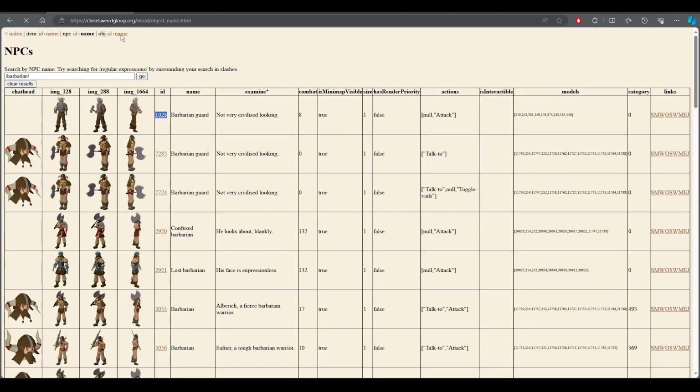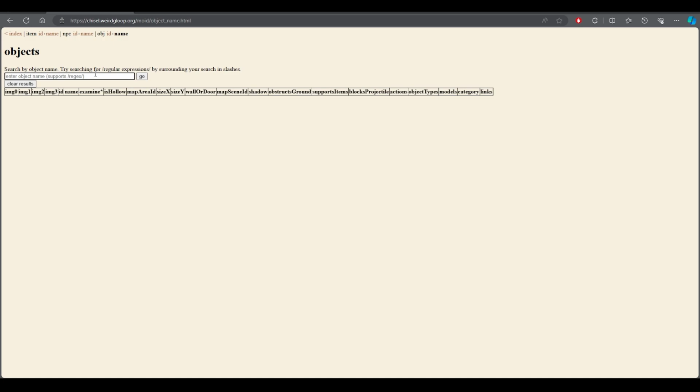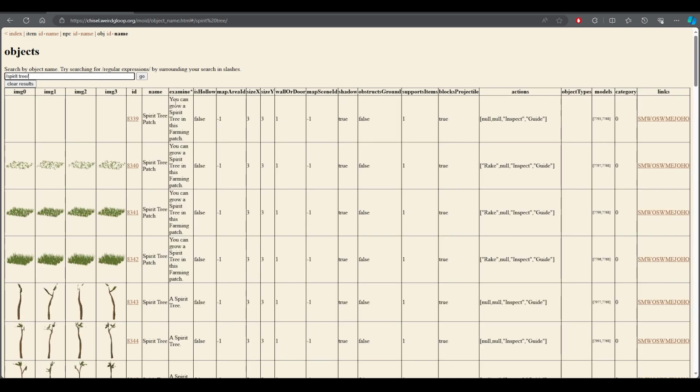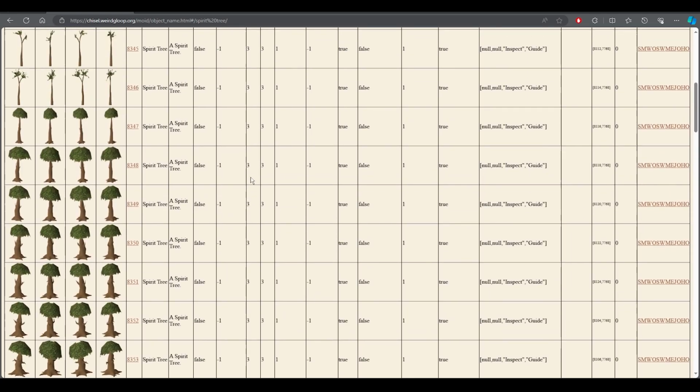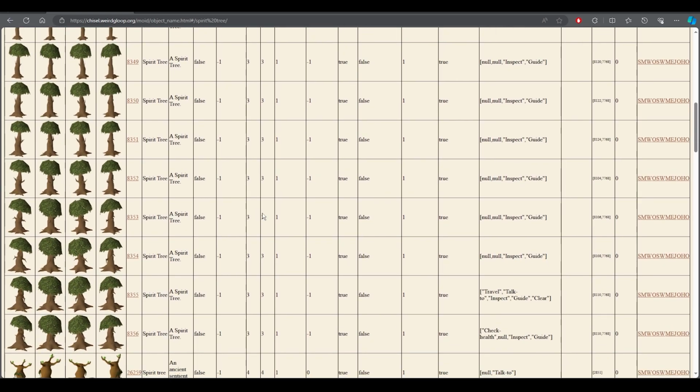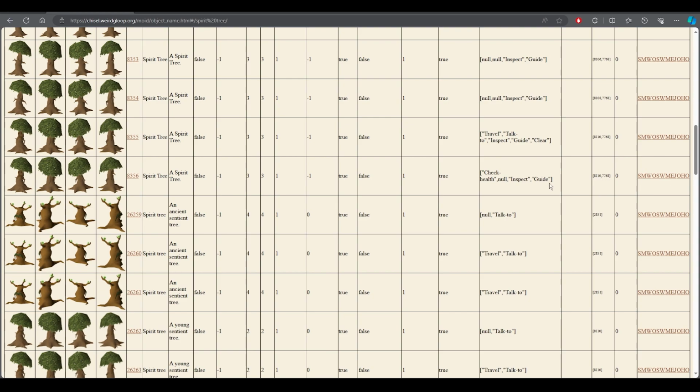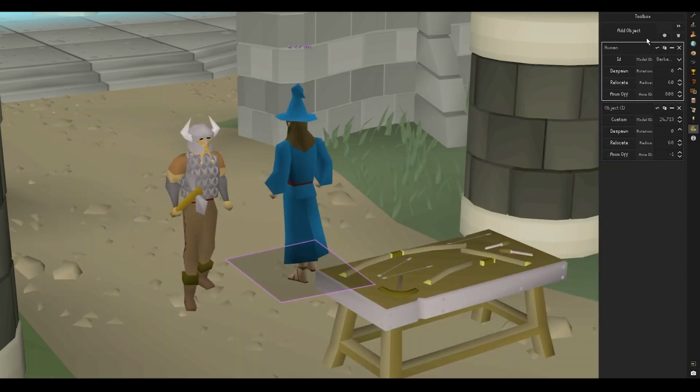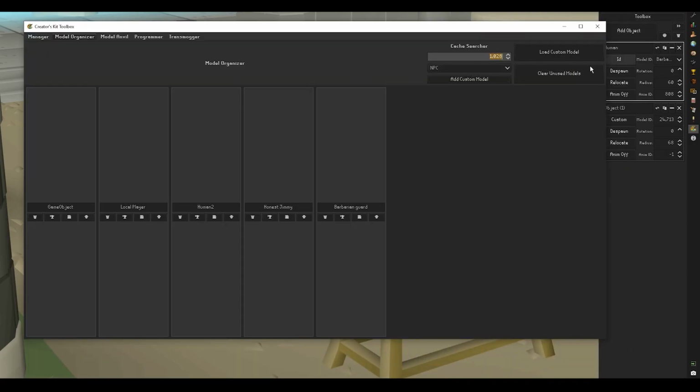We can also search objects. So for example, if I wanted a spirit tree, I could find that in here as well. Let's see. And again, spirit tree, this one, let's not choose that one. Let's choose this one here. So this one is composed of two different models. So I'm just going to take the object ID, open up our cache searcher, enter that in, search by object ID,